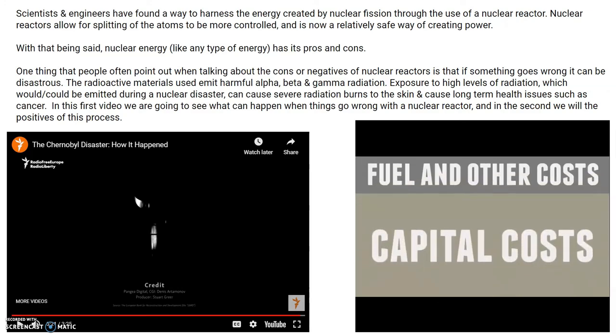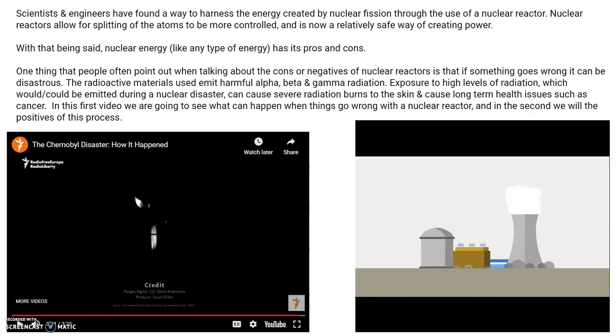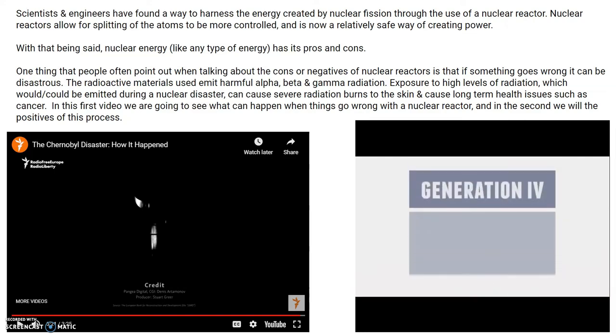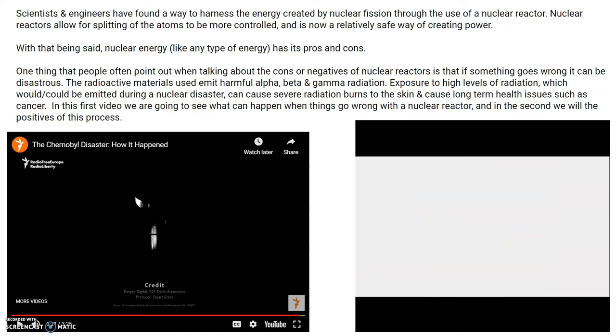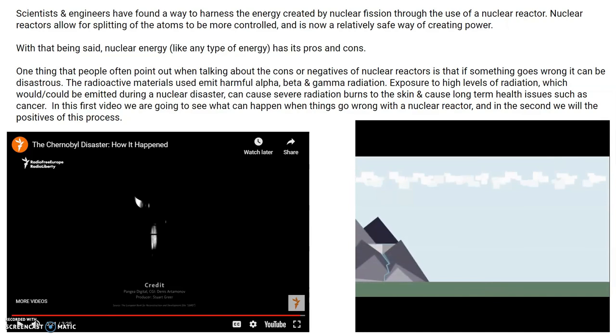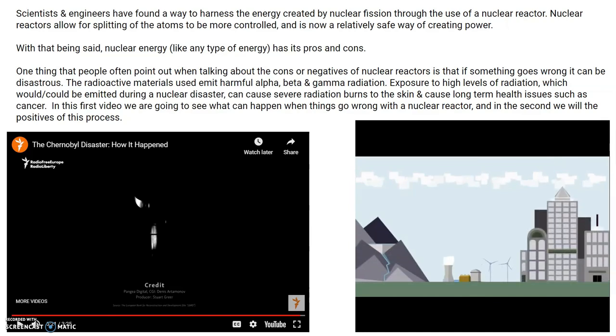Furthermore, costs come mainly from the building and regulation of plants. These high initial costs can be mitigated by focusing on uprating current plants instead of building many new ones. Finally, technologies are being developed which can further decrease these disadvantages. So then, how can nuclear play into our energy future? Combined with renewable sources, nuclear allows us to enjoy our energy needs without the impact on our environment that is